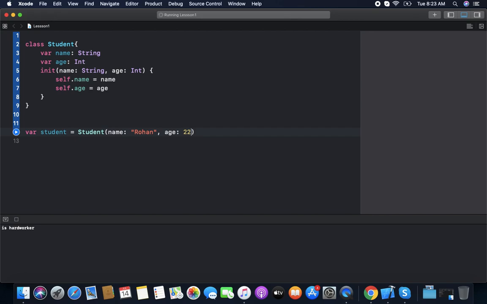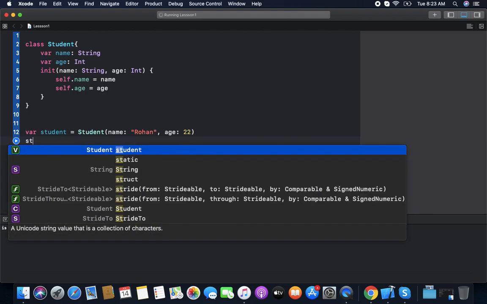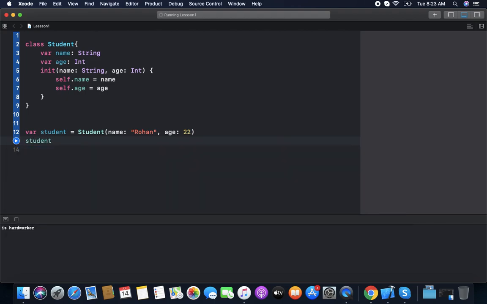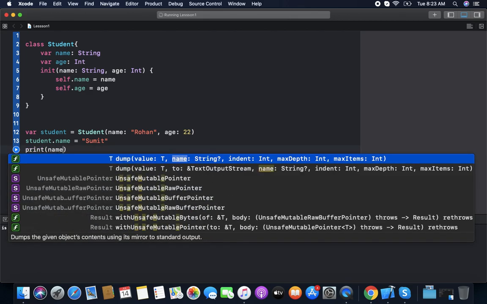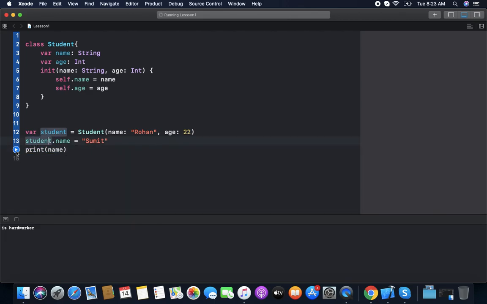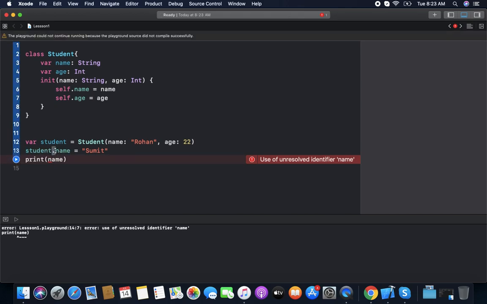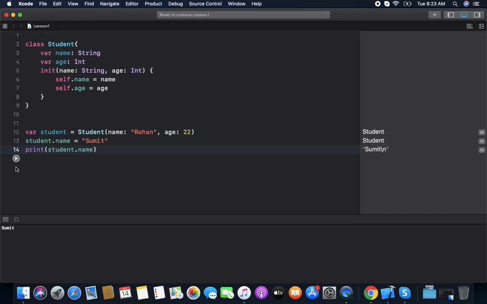But in this case, anyone can access it from any code and can change the value, which will corrupt all the data. Now we print the name. You can say it prints Smith.